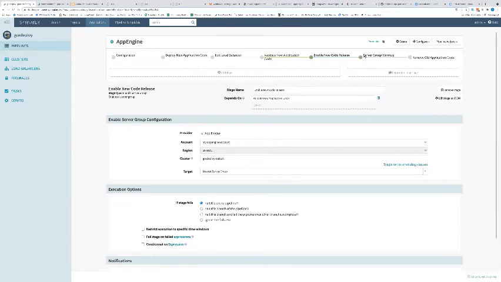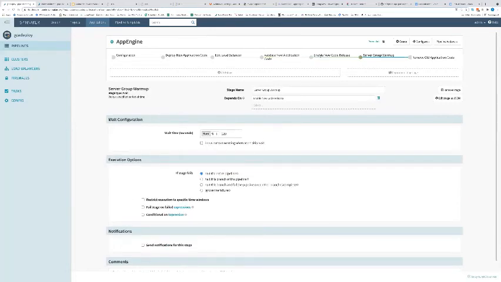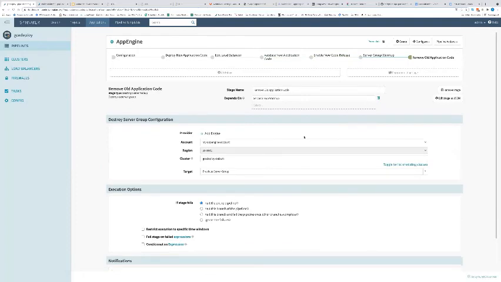I'm waiting for a server group to warm up. So I'm waiting for this to fire up. And then I'm ultimately removing the old application code. So this here is that previous server group. I'm going to go ahead and actually remove that old server group. And so again, when we look at this and we see what I'm doing, I'm basically easing in that old code for the new code.